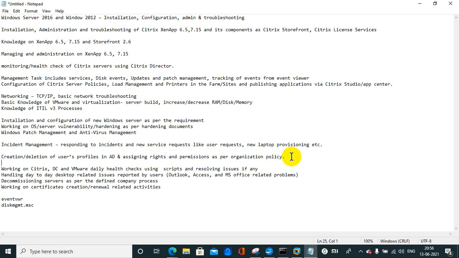There are two types in any application: a single user can face the issue, or multiple users can face the issue. Suppose a single user is facing an issue with the application, the application is not launching. In that case, if a single user is facing the issue, what should be your priority to check?